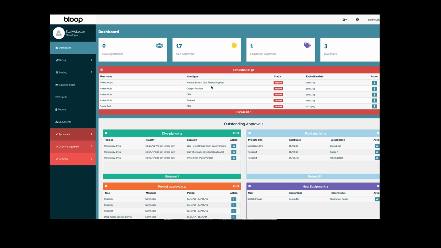To improve consistency between different users, Bloop uses a locations and area database for people to pick from in order to specify their dive site, mooring site, etc. This can all be set up in advance, or it can be done in process while people are submitting projects